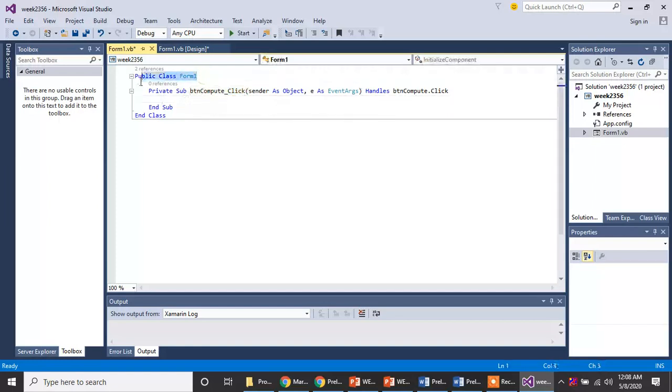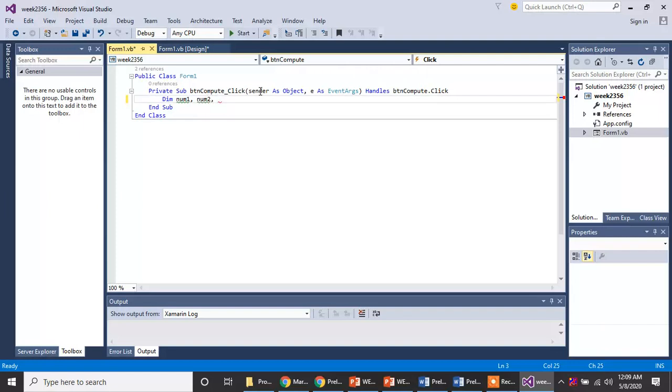Okay, as I have told you a while ago, we have public class form and end class. So this is the portion, taking note, that should not be omitted or removed or erased. Okay, you can erase inside but not the outside hierarchy of the program. Okay, so let's proceed. So we will need variables for first number, second number, and the result. So in declaration, as I have told you a while ago, you need to have dim. Okay, so first number, let's say num1, then second number num2,